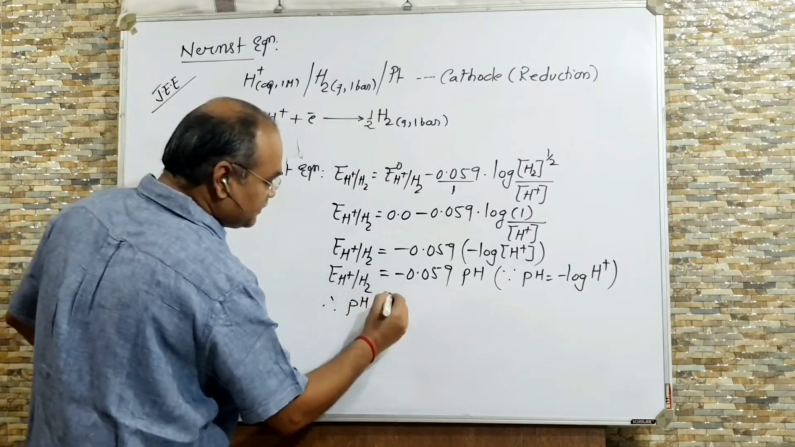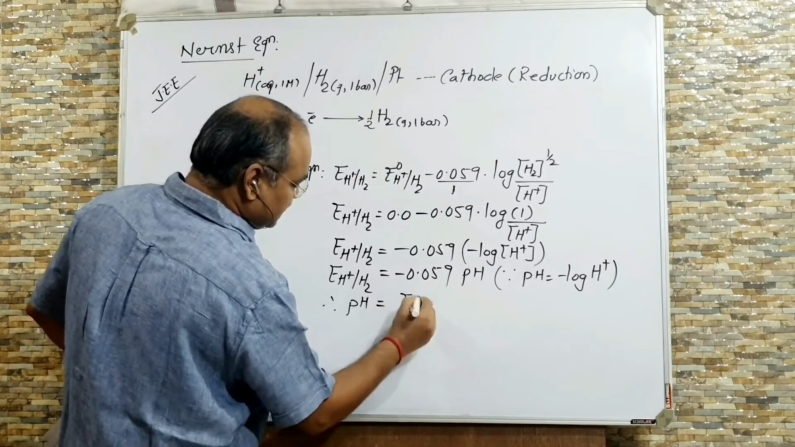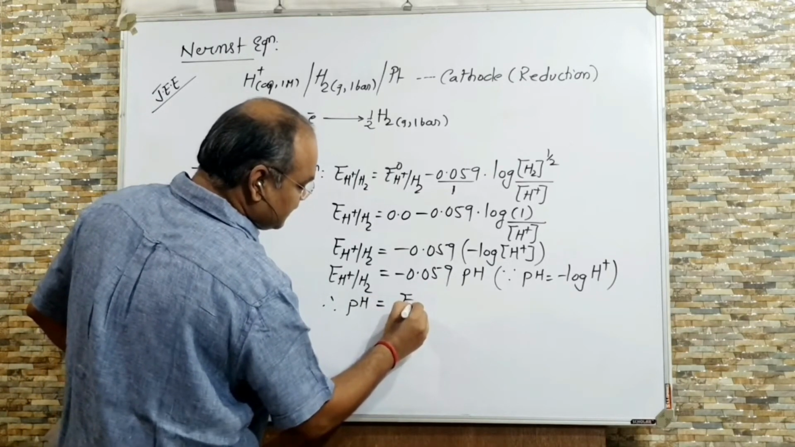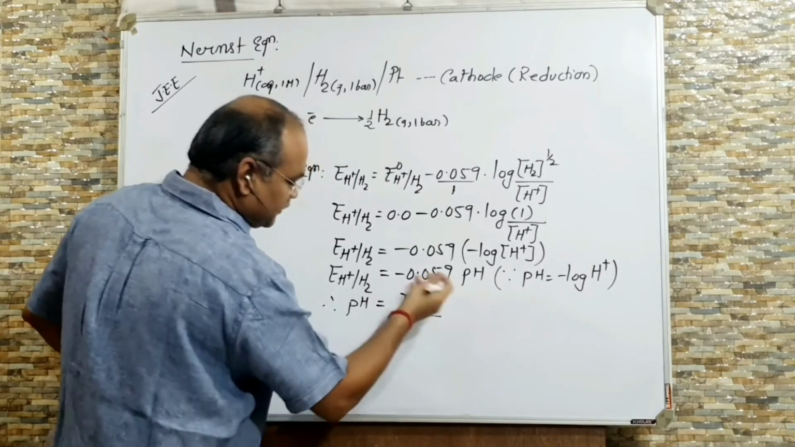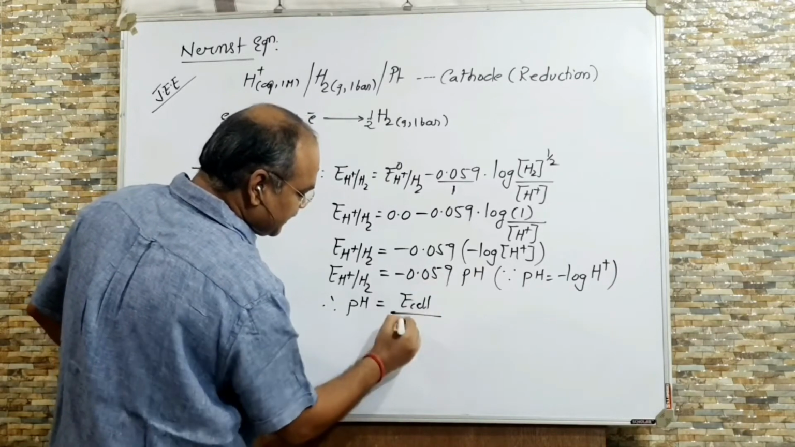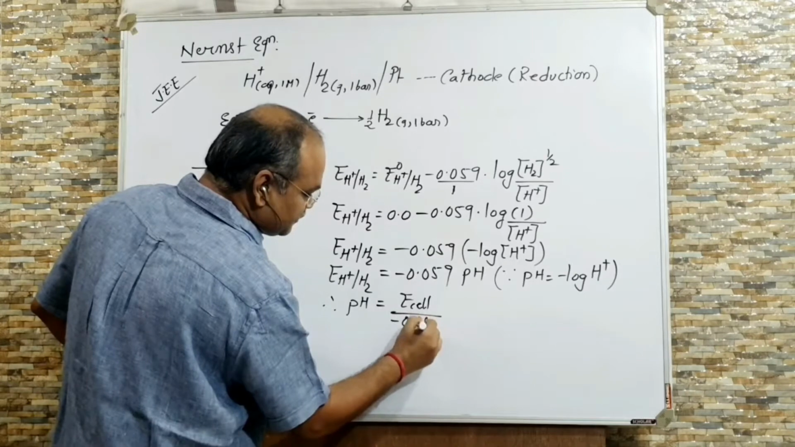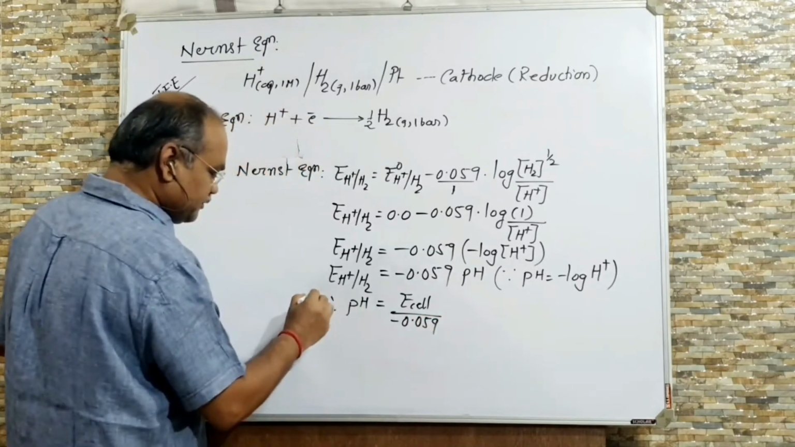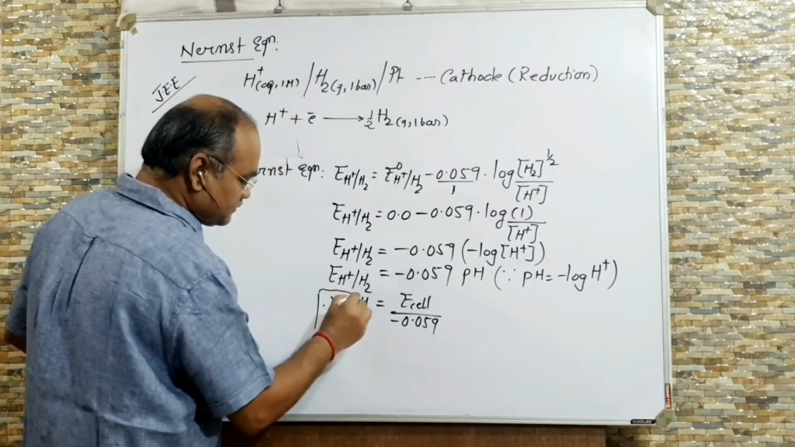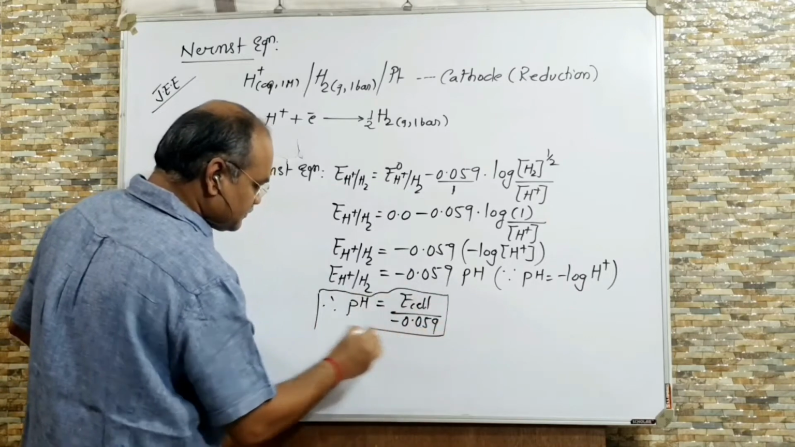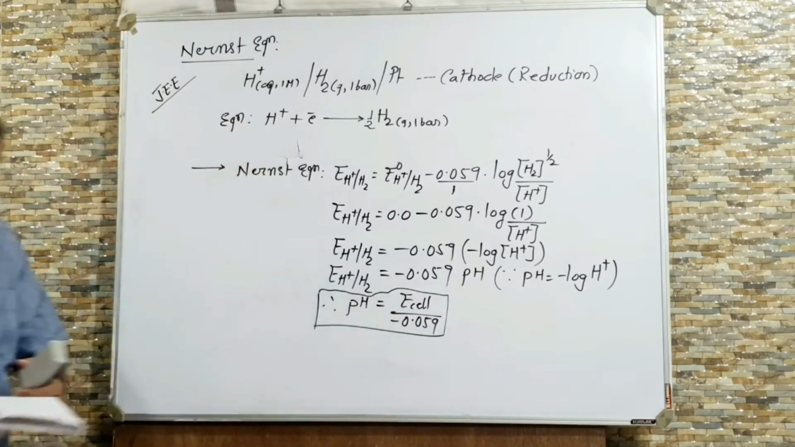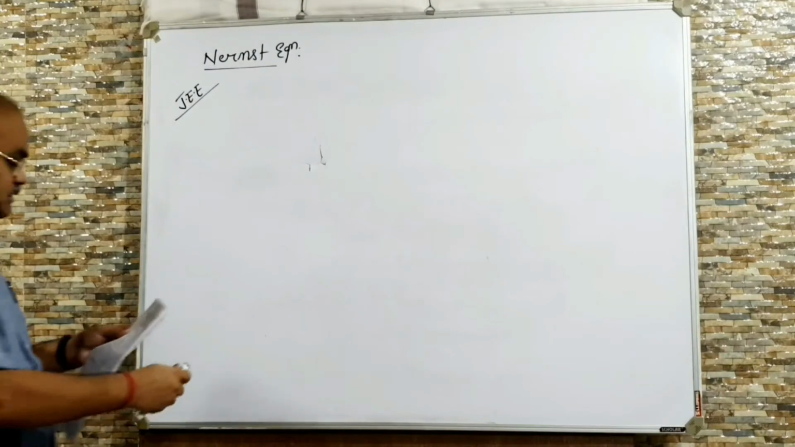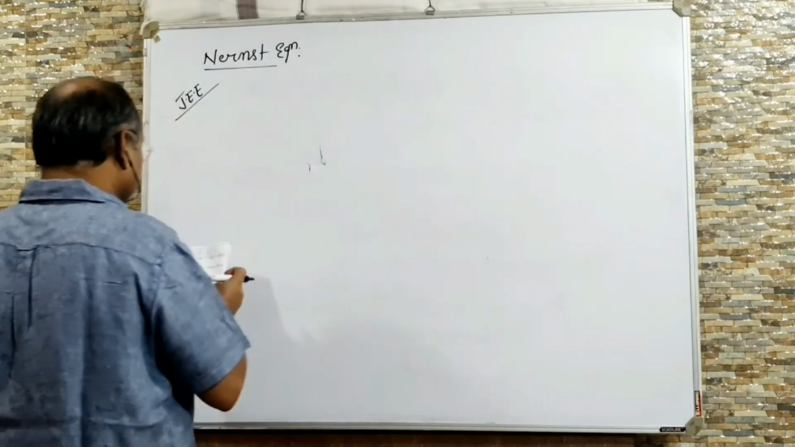pH will be equal to E cell, if a complete cell is given to you, divided by minus 0.059. This formula you can use for calculating the numbers. The question is, calculate the pH of a hydrogen electrode